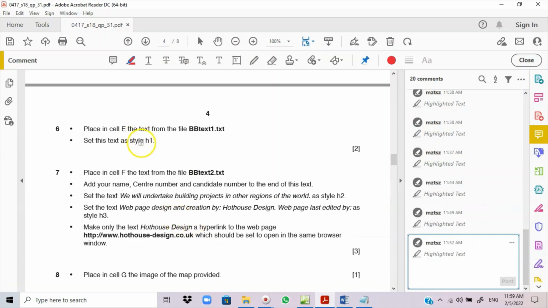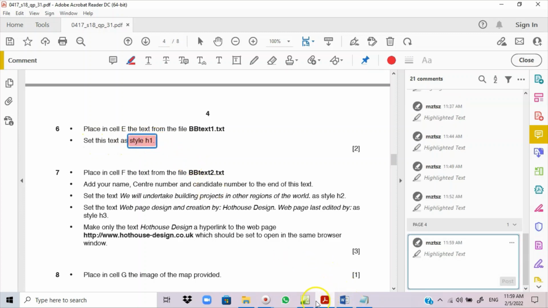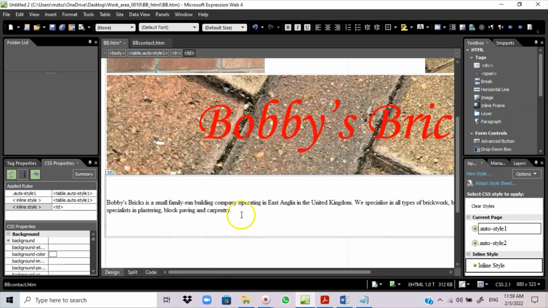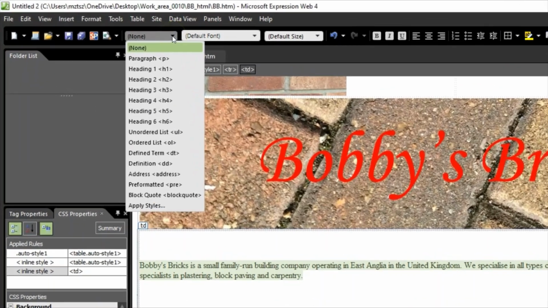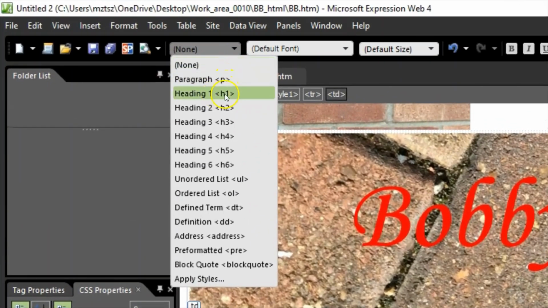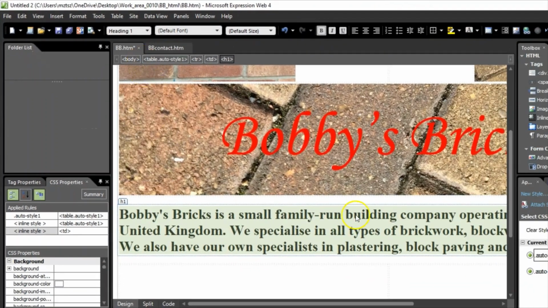Do I need to do anything with the text? Yes, I need to set this text as style H1. I need to apply the style H1 to that. So I will select that text from the beginning, and then I'm going to go to the styles. From here I'm going to click on H1. So you can see that the style H1 has been applied. Now the next step,